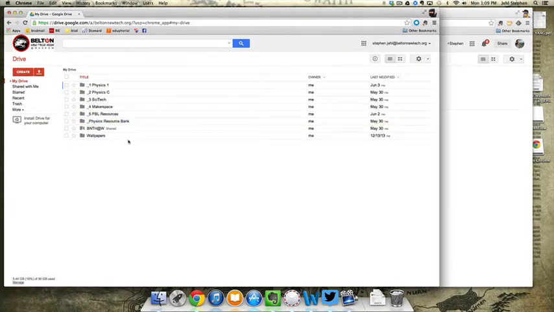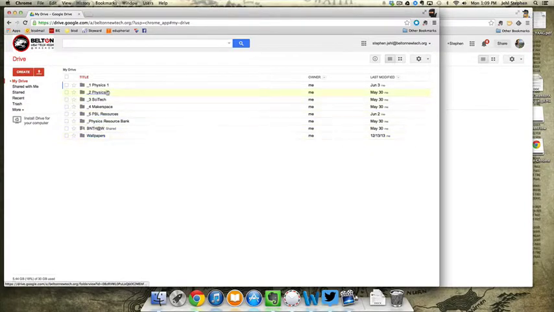Okay, so I have my school beltonnewtech.org account. These are Gmail accounts. All of our students have these created for them, which means that they automatically get a drive with 30 gigs of space. I think it's a great way for them to save all their stuff. If I was a kid here, I would probably save everything in Google Drive, so that if I drop my computer in a puddle or something like that, I don't lose any of my work